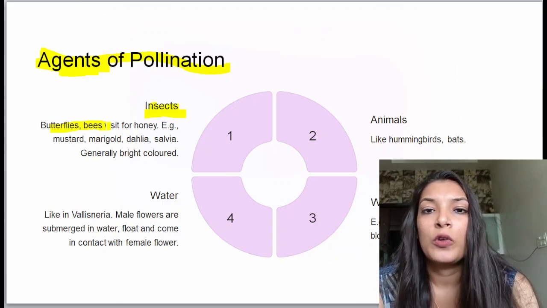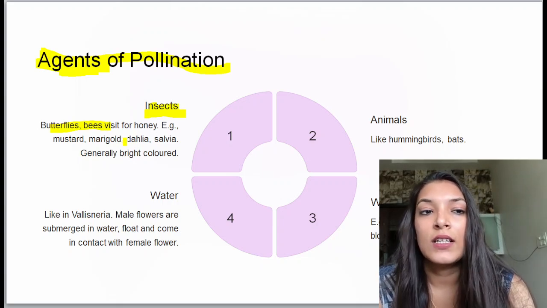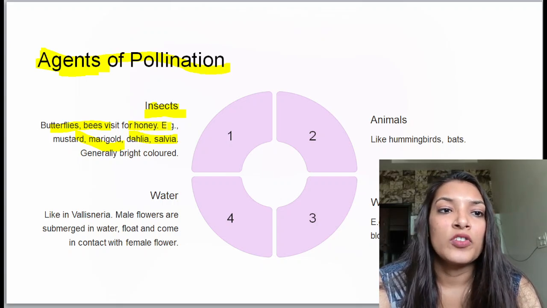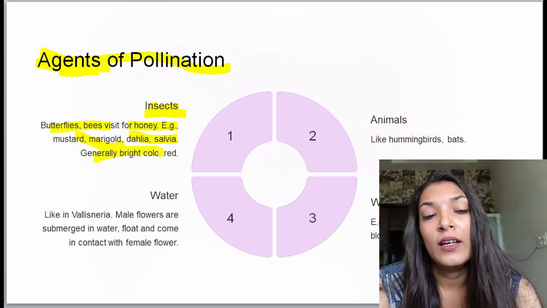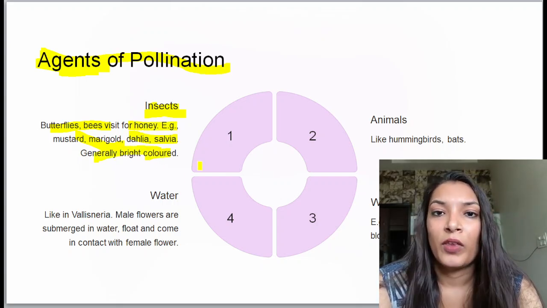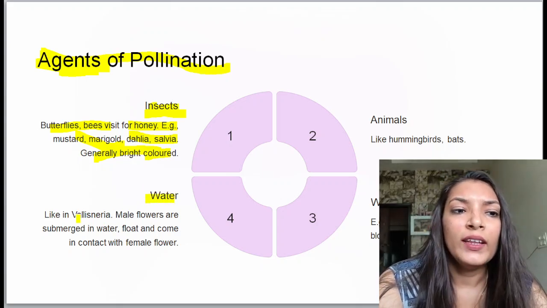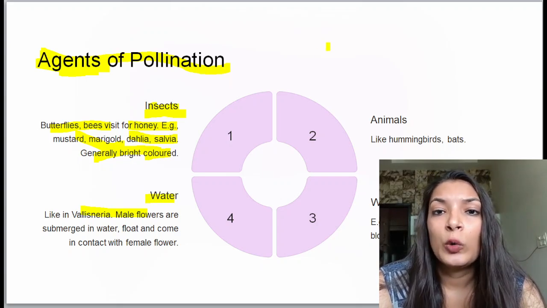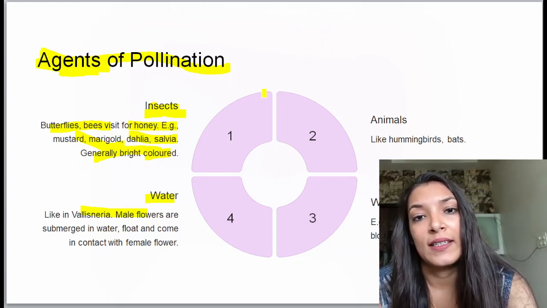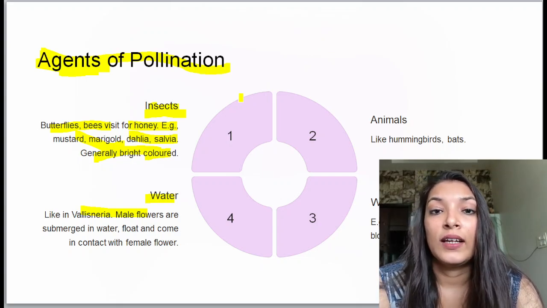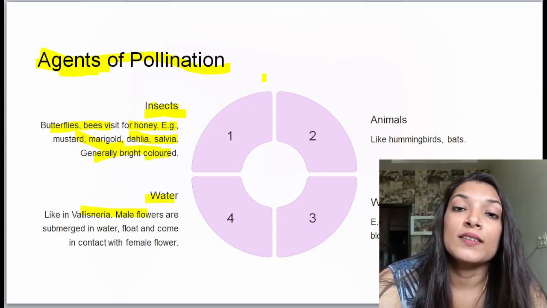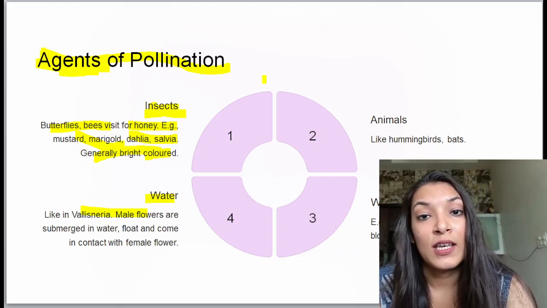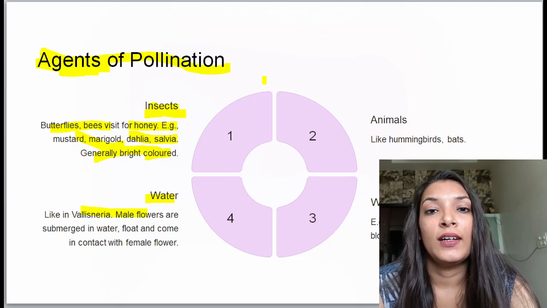Now have you seen around yourselves butterflies or insects sitting on the flowers, right? So what are they doing? Since your childhood you have been studying this, that they are taking the nectar. Alright. So when they are taking the nectar, these pollen grains are sticky and they stick to the surface of the butterflies or the insects. And as soon as they have taken the nectar, they move to another flower. It is not necessary that the butterflies or the insects will keep on taking nectar from the same flower again and again. So they have this tendency to move.